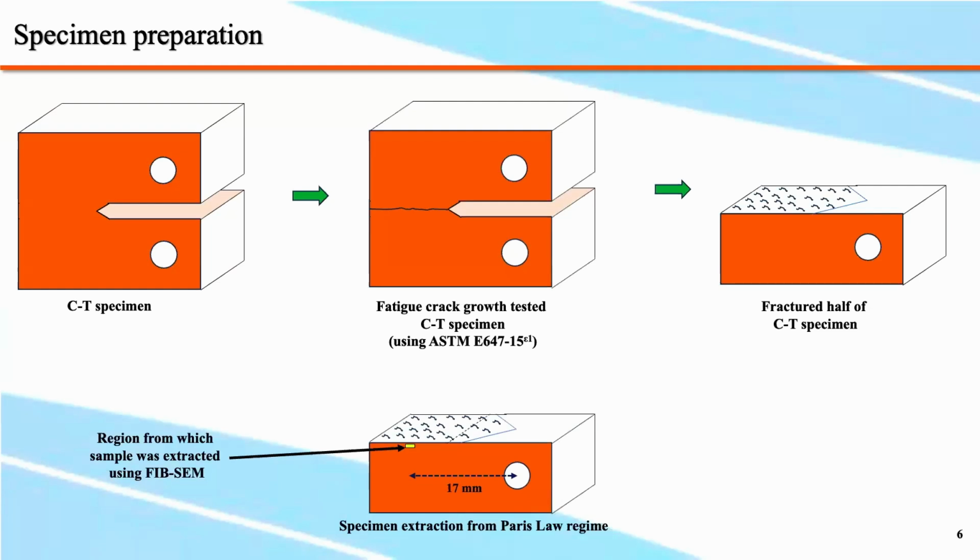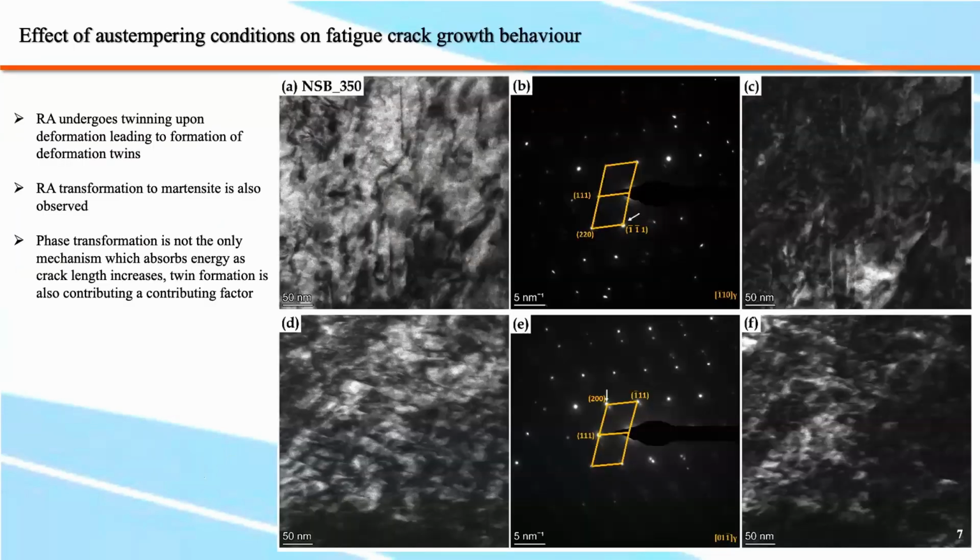So we tried to examine the microstructure that was there in the Paris law regime specimen, and for that, what we had done is we took the fractured half of the CT specimen that was fatigue crack growth rate tested, and upon measuring the length where we could find a region in which the Paris law regime was evident, we extracted a specimen out of that particular portion using focused ion beam milling. And that lamella sample, which was produced using focused ion beam milling, was then subjected to transmission electron microscopy examination. So moving on to the results,